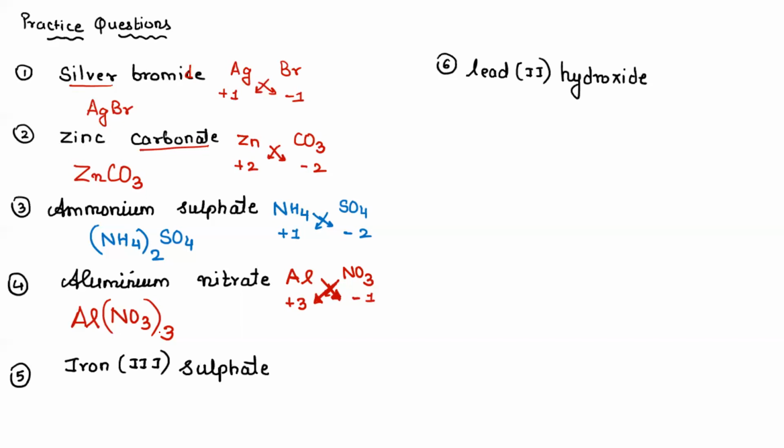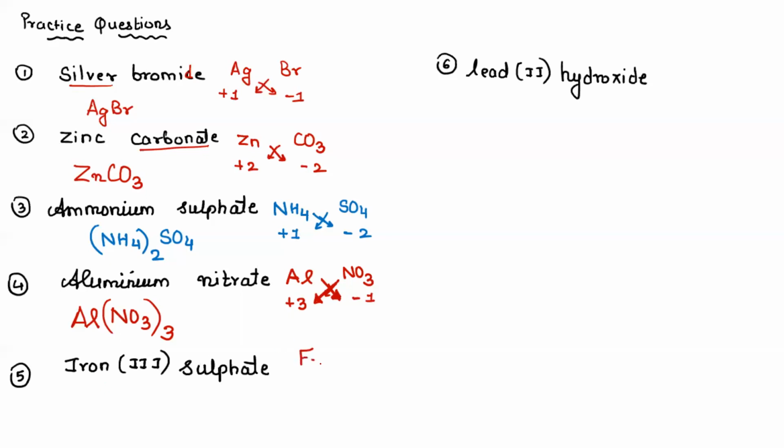If you have a problem, you can just type the answer. Iron 3 sulfate. There is a lot of network issue, Aaron. You can just type the answer, Aaron. No problem. Type the answer. Ayush, till that time, tell me for the 6th one. Aaron, you are going to write the answer for the 5th one. Ayush, just wait. Yeah, he has written the answer.